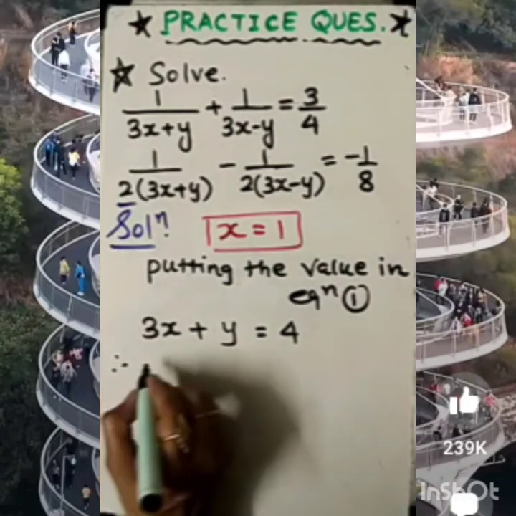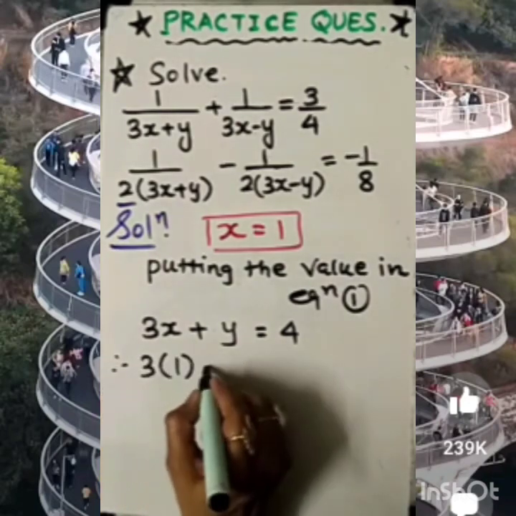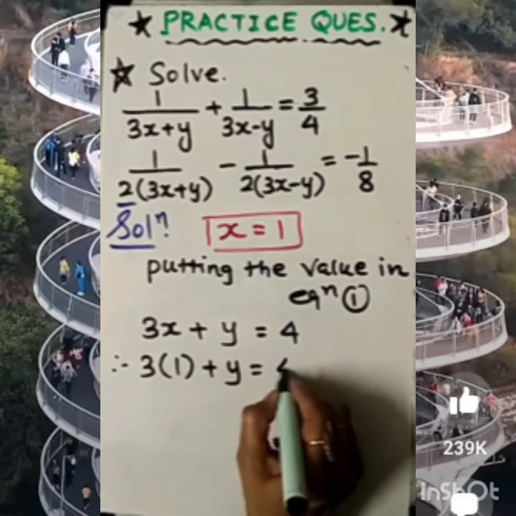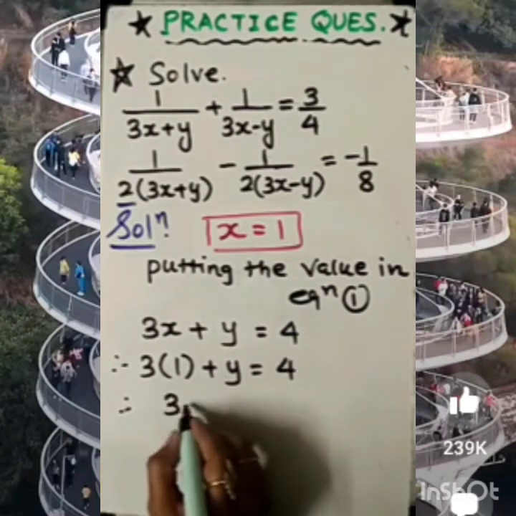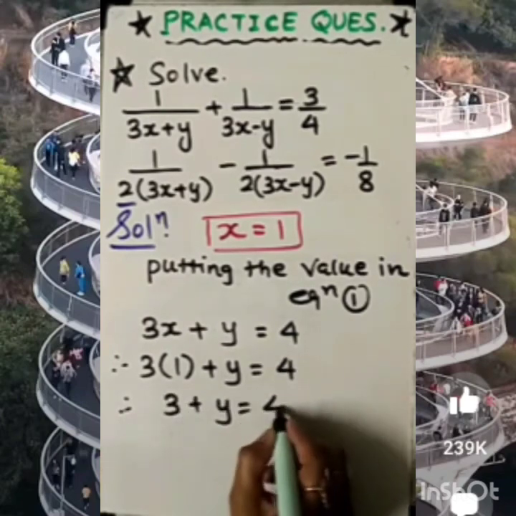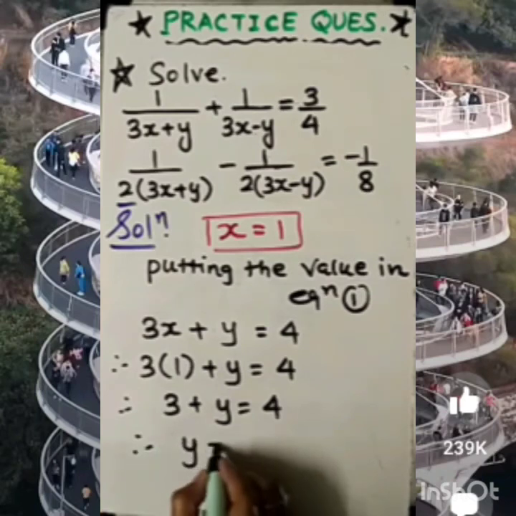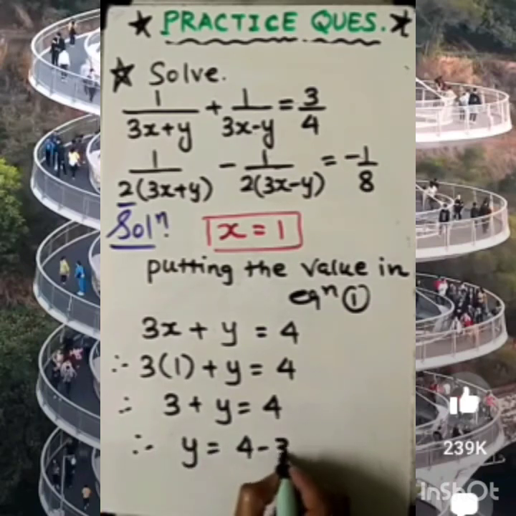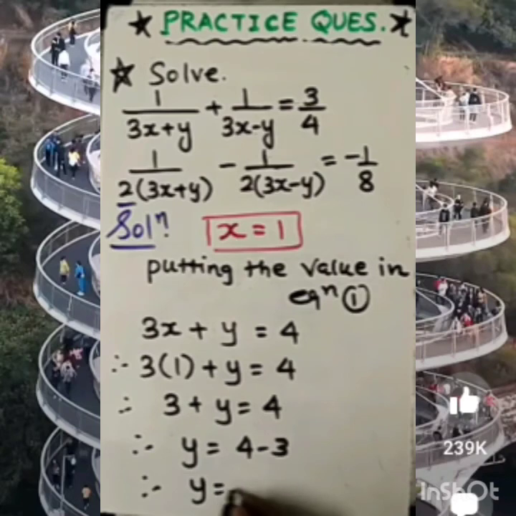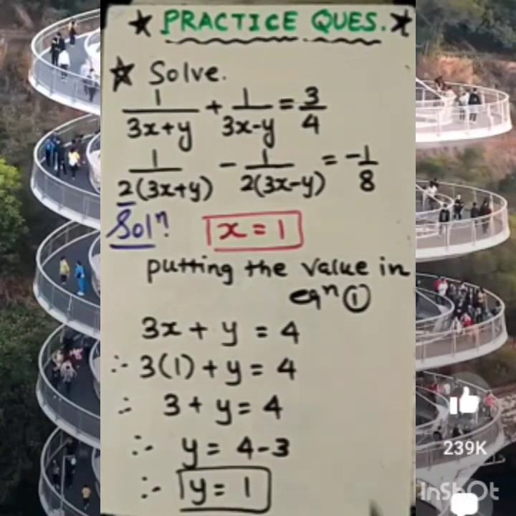In that I am going to put the value of x as 1. So 3 times 1 plus y equal to 4. That is y equal to 4 minus 3, that is y equal to 1. So finally the answer is x equal to 1 and y equal to 1, because these are the solution